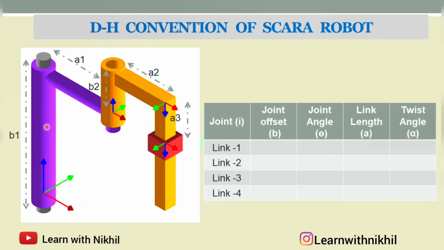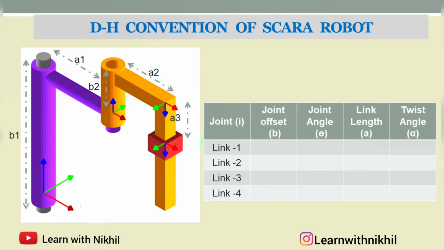Before moving forward, just keep in mind for the rotary joint, your joint offset is fixed and joint angle is variable, as the link moves. So the theta angle is variable for the rotary joint and joint offset is fixed. And for the prismatic joint, your joint offset is variable as it moves up and down, and your joint angle theta is fixed. So for the prismatic joint, your joint angle theta can be 0, and the joint offset, as it is fixed for the rotary joint, can be 0.